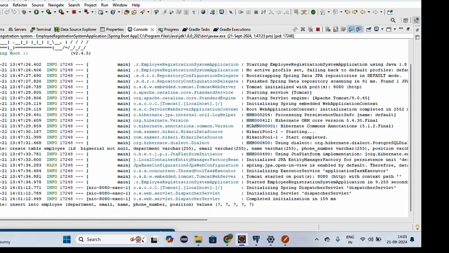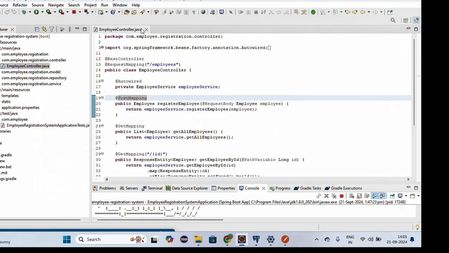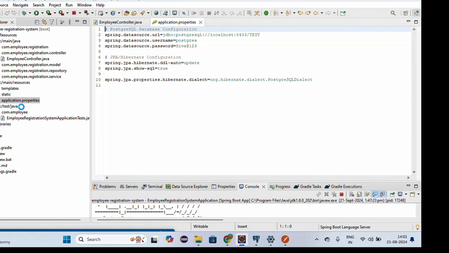Then you can see the query. So it is inserting the data into the table. So why is the query written here? If you want to understand why, we are able to see it in the console. Why? Because here you can see we mention this property as SQL is true. Once you mention this property as SQL true, then only you can see the executed SQL queries in the console. If you make this one false,